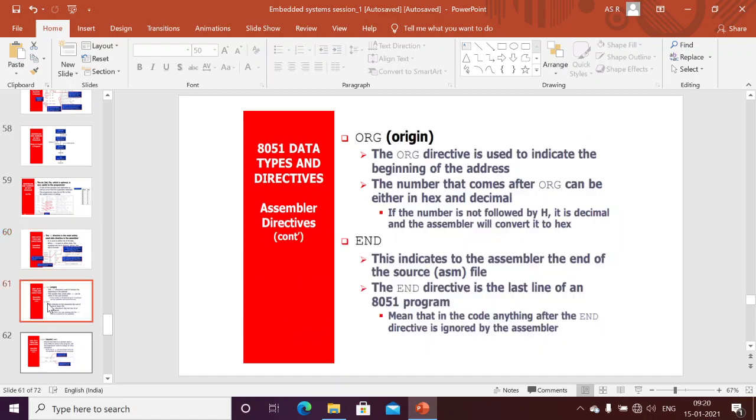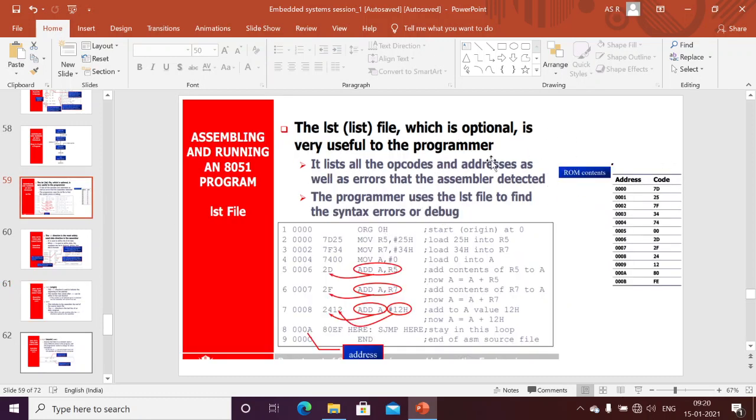Next we'll understand origin and end. This origin we already discussed. If I want to tell the assembler to store the code from 0, I can give ORG 0h. For example, if I want to store my code from the 06 location, I can give 6h.